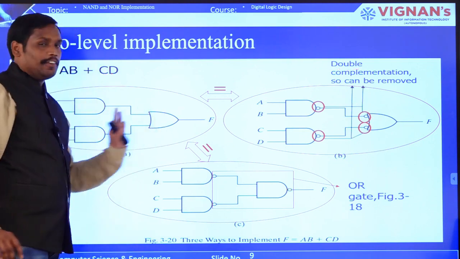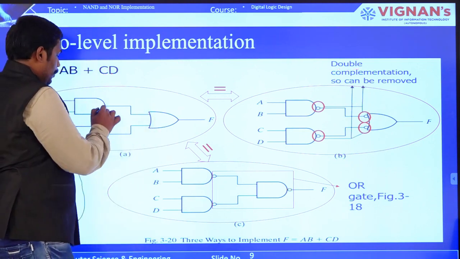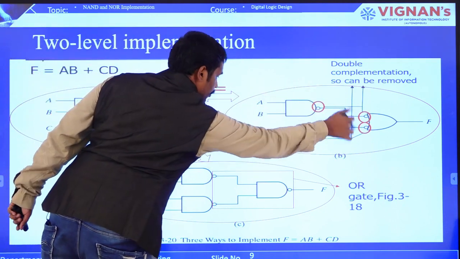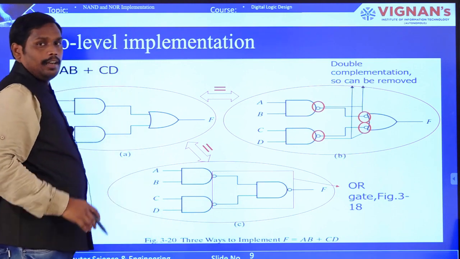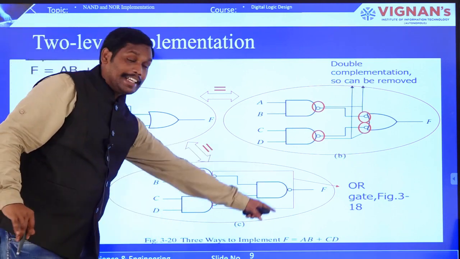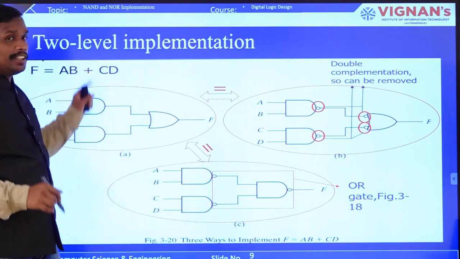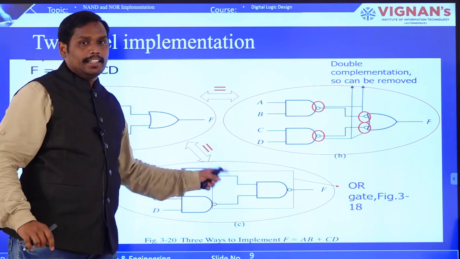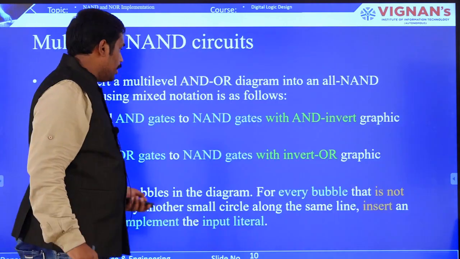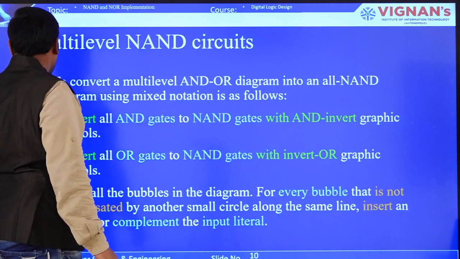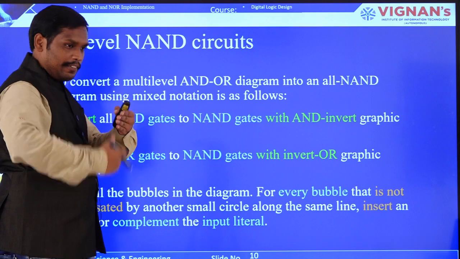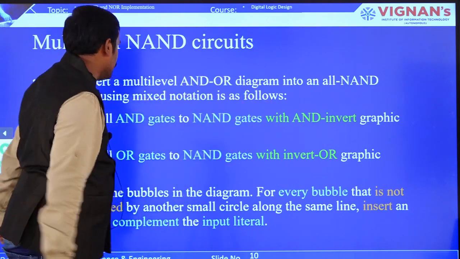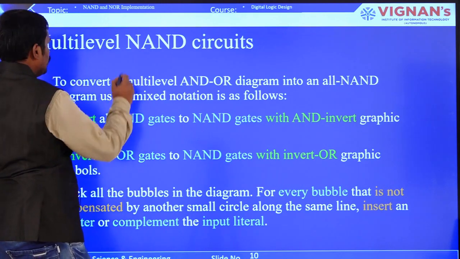Once again, just have a look. I'm telling you, bubble, bubble, bubble. That can be flipped with NANDs. This is how you express it with 3 NANDs. For example, in this expression, if they ask how many NANDs are there, you say 3 NANDs are there in that expression. Is it clear? Okay, now we are going to multi-level. As you see in 2-level, level 1, what are the gates? Level 2, what are the gates? Now multi-level means, how many gates are there at each level? So here you can see this part.